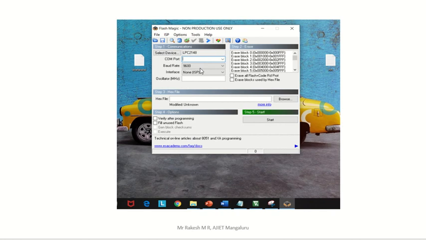Once it is connected, the device driver is updated automatically. Now when this COM port is asked, you have to go to device manager in your PC. Either you can go directly to control panel and search for device manager there, or you can right click on this PC or My Computer. There you have the manage option, click on that, then also you will get your device manager. In device manager, you have to click on ports.